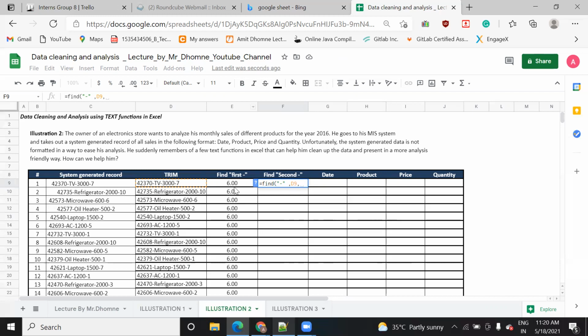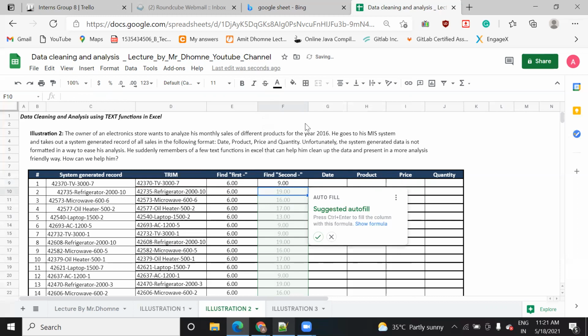So I will pass this. After the hyphen, it is giving you the position of the hyphen, meaning at the sixth position you are getting a hyphen. So from where you want to start is 6 plus 1. The column name is E, and the row is 9. So here I will write E9 plus 1 and press enter.